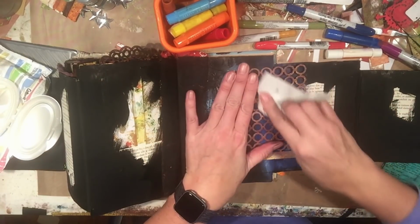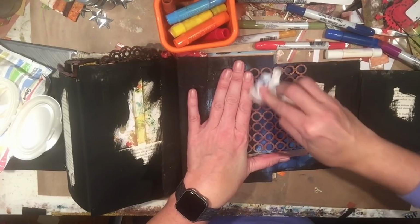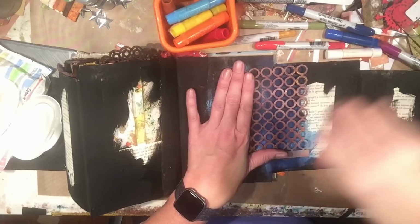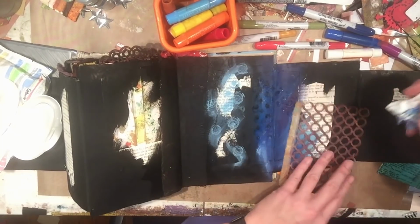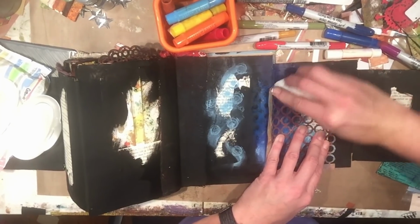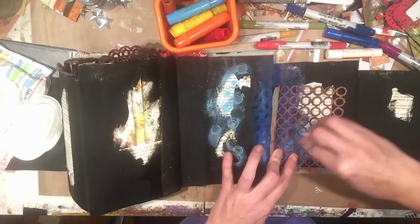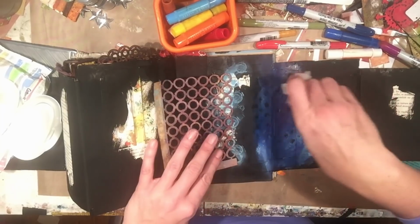That's pretty dry. Let's see here. We'll just wet it down a little bit, see if we can pull up a little bit more. It will be a little bit of a resist here. I'm not very good at doing this. Not going to lie, I haven't done it a whole lot. But I don't mind things being...